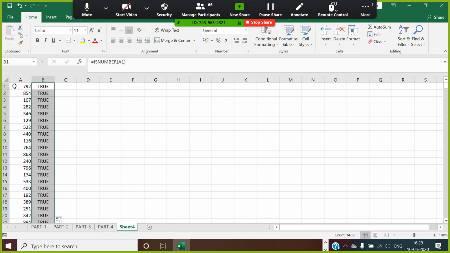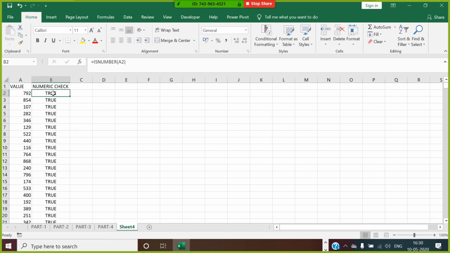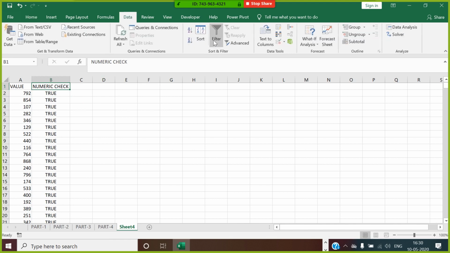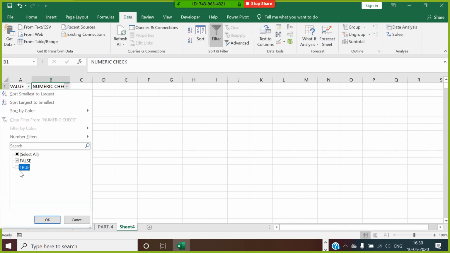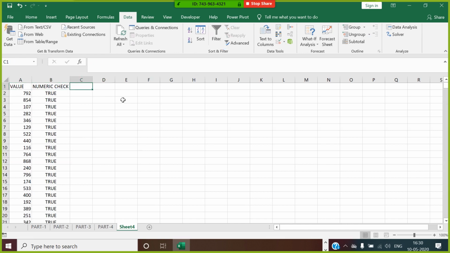This is called a logical function. So let's say this is my value, and this is my numeric check, whether there are any numeric values or character values. If I make a filter, it's going to give me false. False means these are the character values inside it. How will you go for doing a character check?